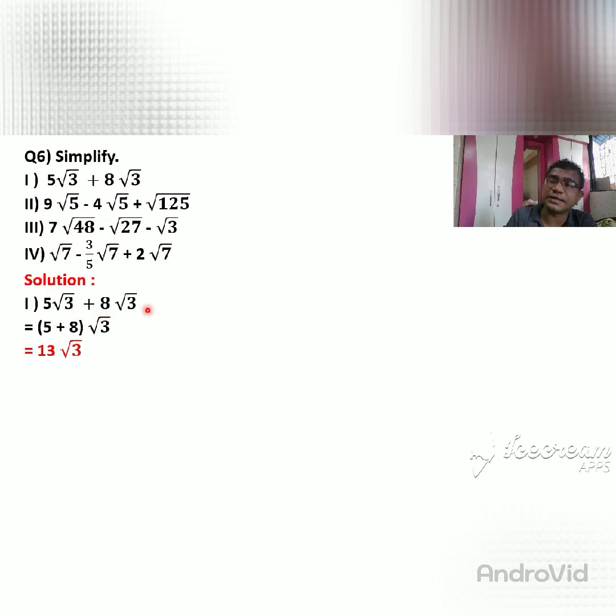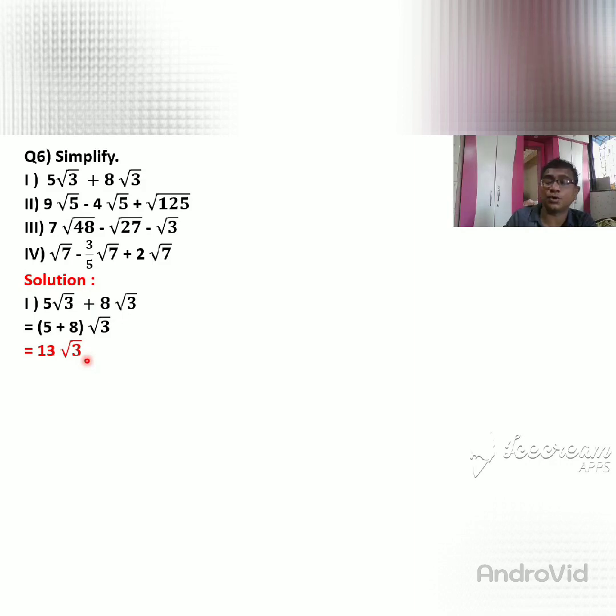So root 3 is the same, and their order is the same, order 2, because there is no number given in the radical sign, so the order is 2 here. Here also no number is given, so the order is 2 here. The surd is what is inside the square root sign. That is root 3, and here is root 3, they are the same. So we can write root 3 a single time because they are the same. Then the coefficient 5, so I write the coefficient 5. Then which sign is there? Plus sign, so I give the plus sign. Then which coefficient? 8, so I write 8. So 5 plus 8, what do you get? 13. So 13 root 3. Any doubts?